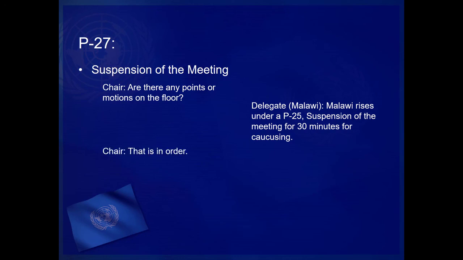The P27 requires a simple majority to pass. If there are multiple P27s proposed, the body will vote on each one until all of them are defeated or one of them finally passes. This concludes our look at the most common rules used at the debate in Model United Nations of the Far West. Once you understand the various uses of P23, P25, and P27, you'll understand about 2/3 of what's taking place at conference.